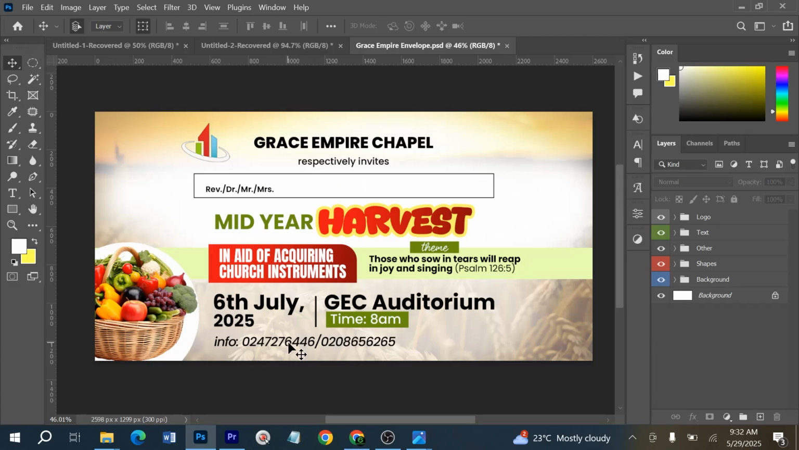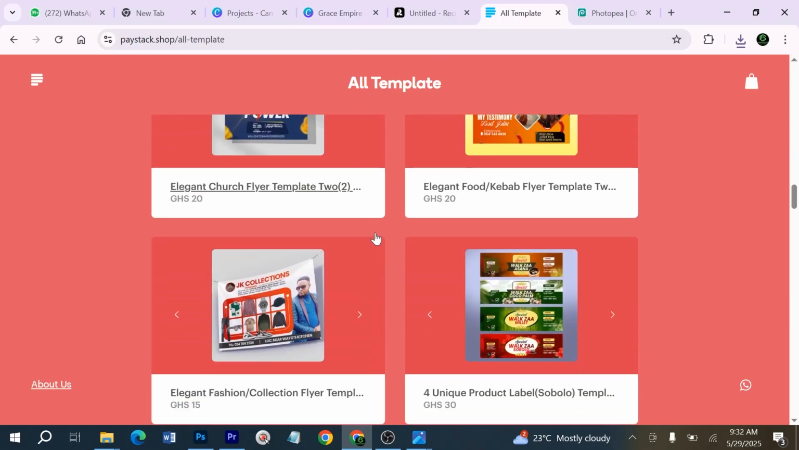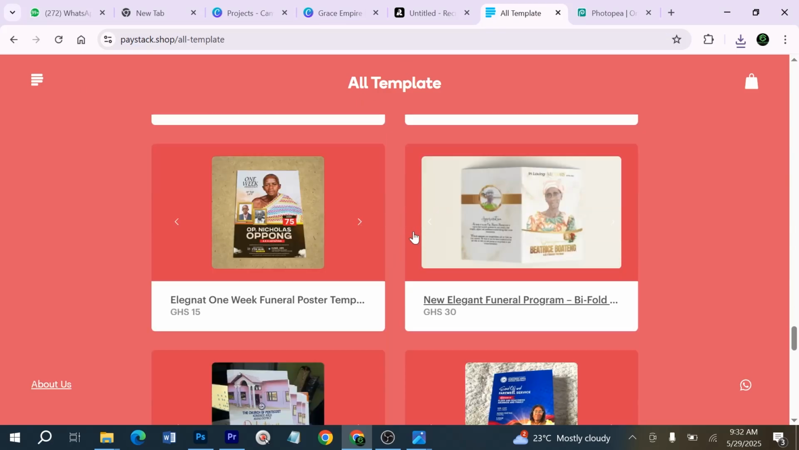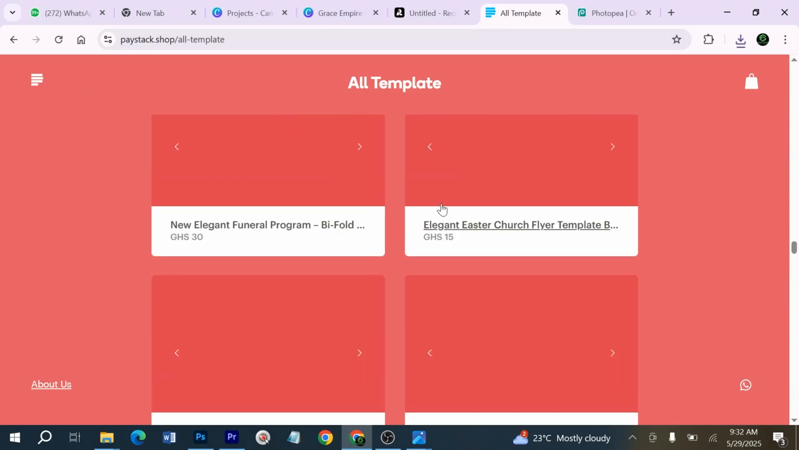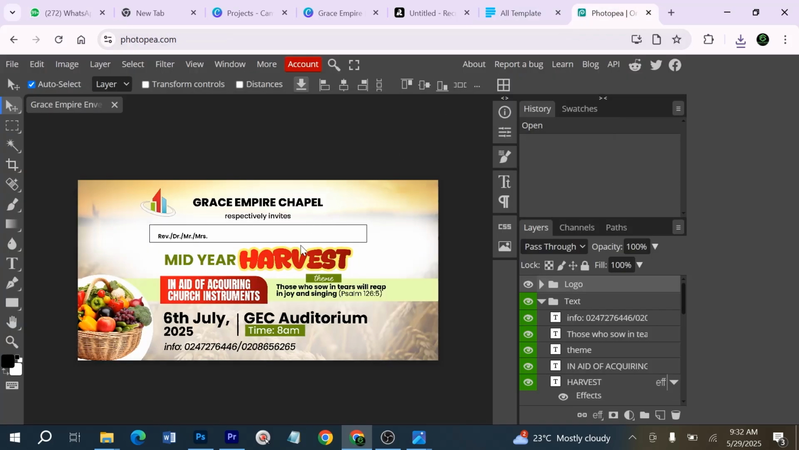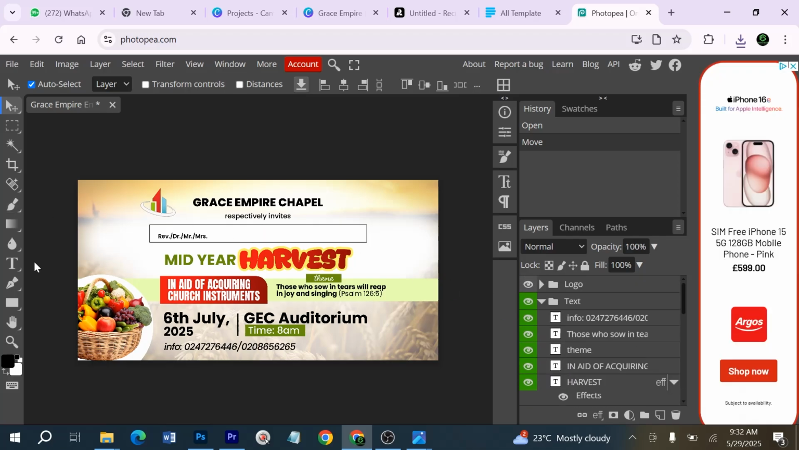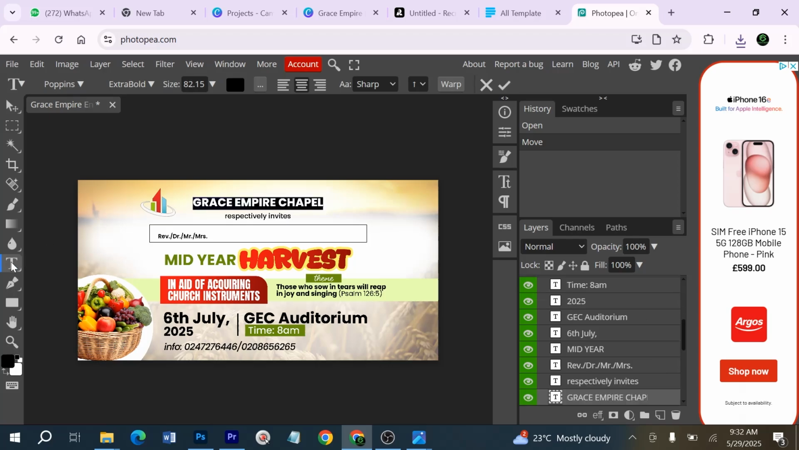Okay, so you can get a PSD file from the store or template paste tag, and any template that you find out here, you can edit that in Canva if you want to, and you can also edit in Photopea. Okay, so it's the same thing. You see here, you even get the layers. It works like Photoshop. Then you select with a text tool,